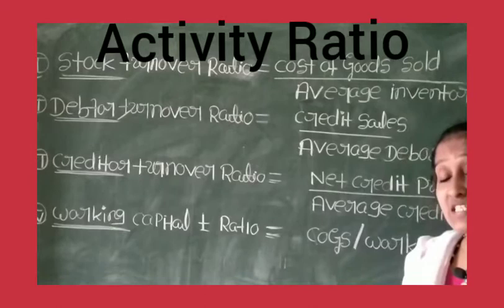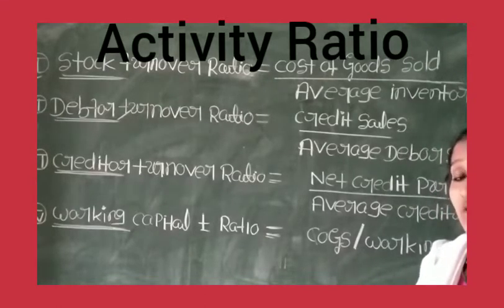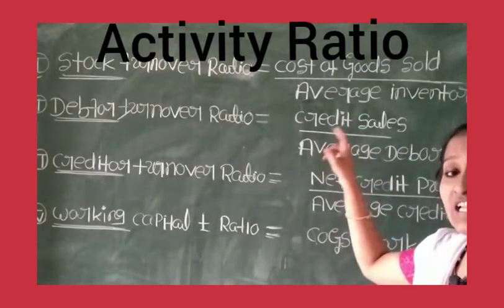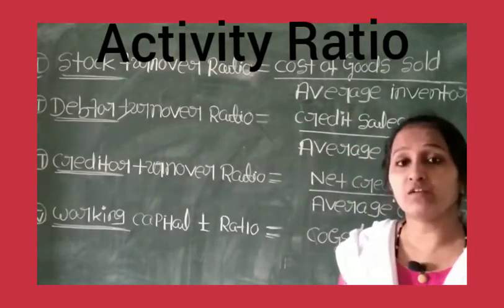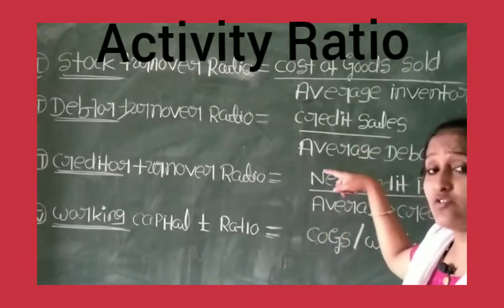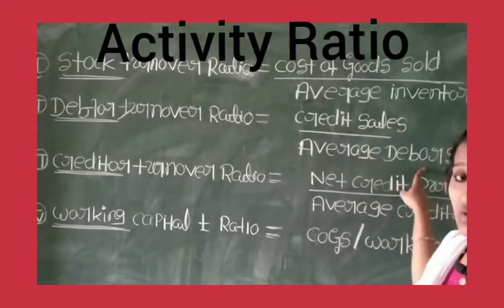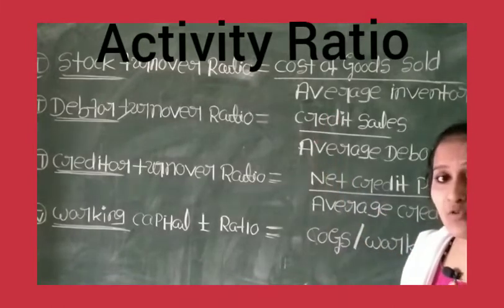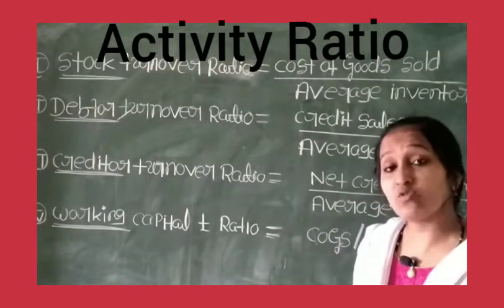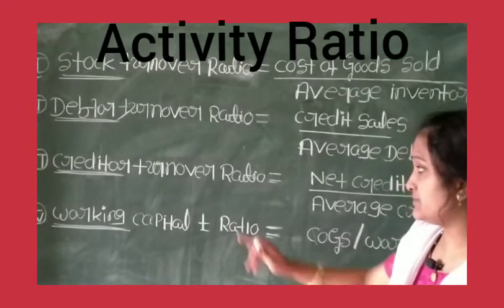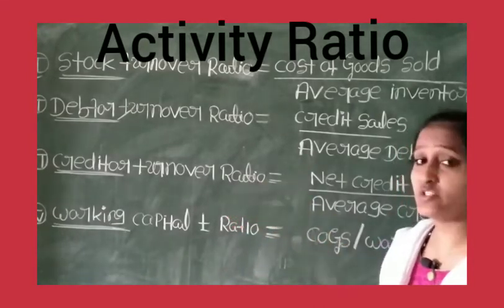So when it is credit sales, how many units, how much credit sales the company has done for the complete one year, it will be given in the question, that we should take and apply in this formula. Then you are supposed to take average debtors. So the total average debtors, how much it will be, that we are supposed to take. So children, all this information will be given in the question; what is not given, we are supposed to calculate. So next, creditor turnover ratio is also the same.